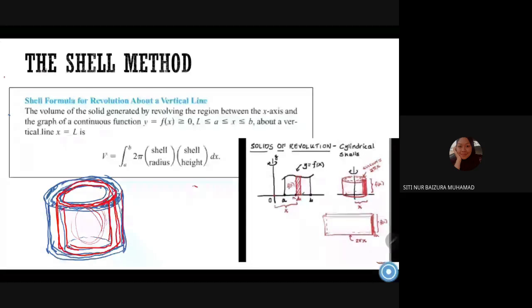Okay. So, in a shell, maknanya kalau satu je lapisan of a cylinder yang kita nak kira ni, kalau you boleh imagine, dia kan luas permukaan cylinder, you imagine macam ni lah. Kalau you ada satu kertas, okay, kalau you ada satu kertas,